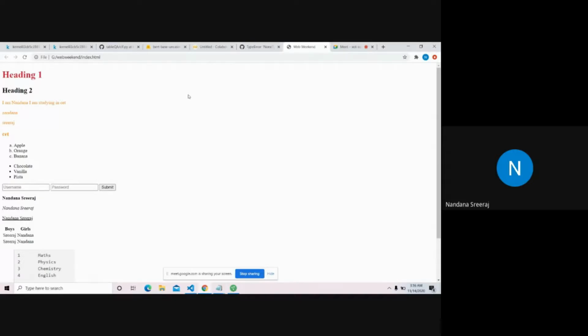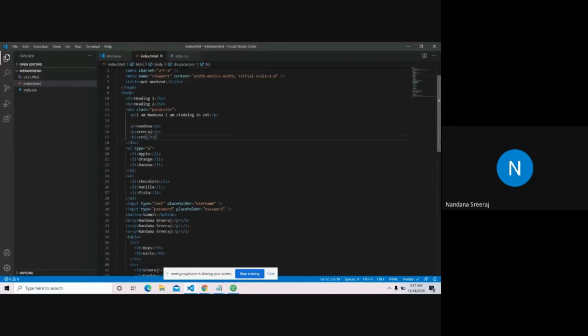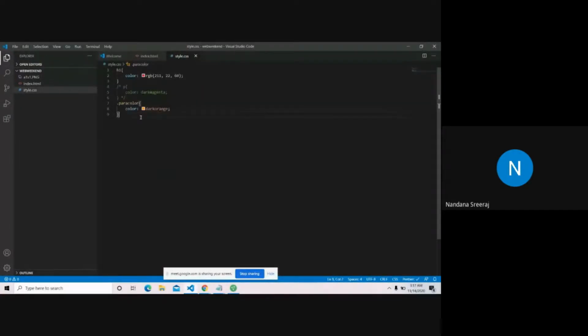Now the next thing is background color. Now the background color is white, and I don't want a white background color. I want to change the background color of the entire document. So which tag encloses the entire document that we're seeing? It's the body tag, right? So the body tag has everything that we see inside the browser. So if we give a background color to the body tag, it means that we're giving a background color to everything. So we will go access our body tag inside this.